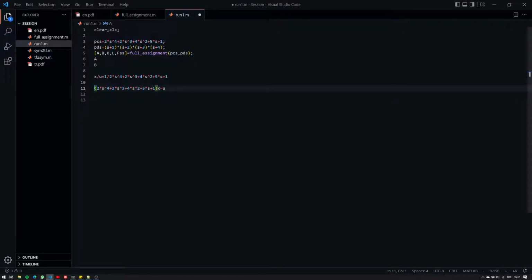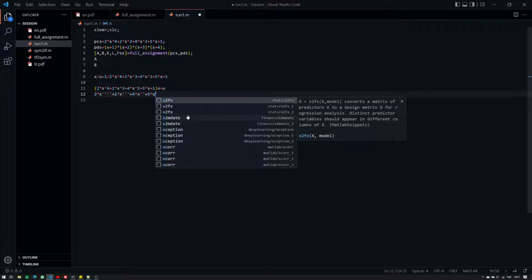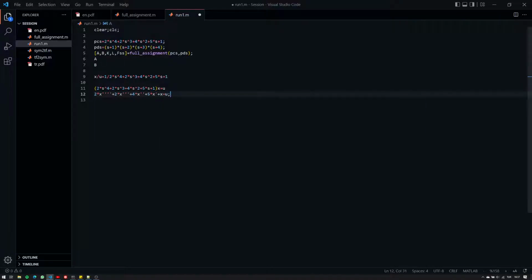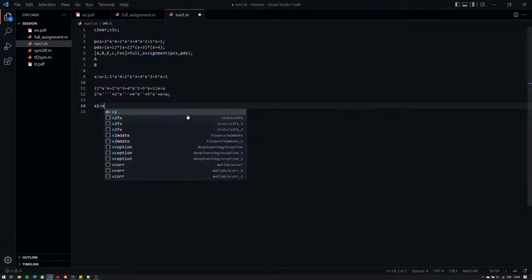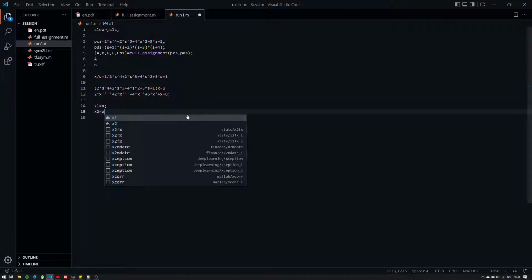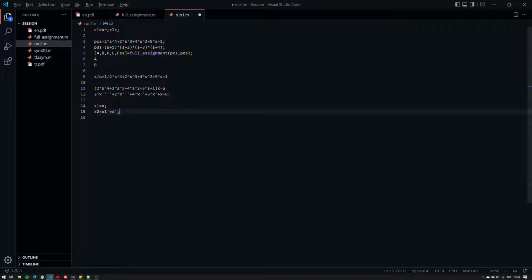And yeah, if I work my way out, I'll see that x to the 4th derivative plus 2 times x to the 3rd derivative plus 4 times x double derivative plus 5 times x derivative plus x equals u. Now, if you define x1 equals x and take all the corresponding derivatives, which will be this, therefore it is this, and we will have x3, therefore it will be the next derivative, it will be double derivative, and then x4, the third,